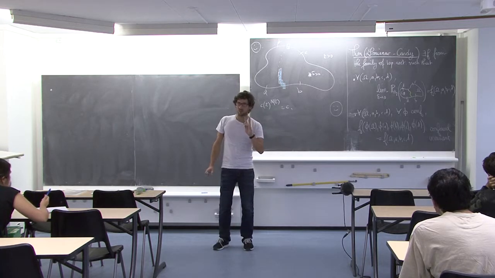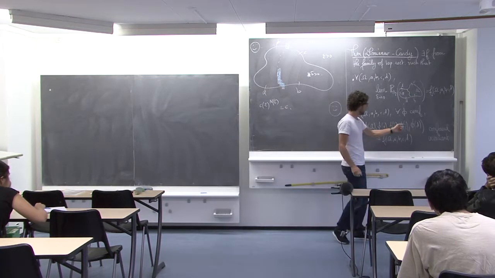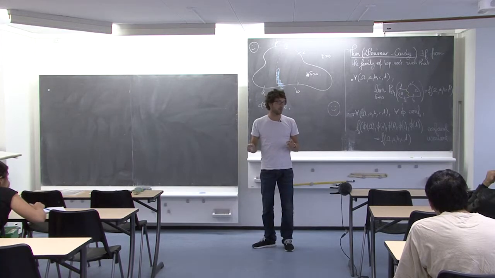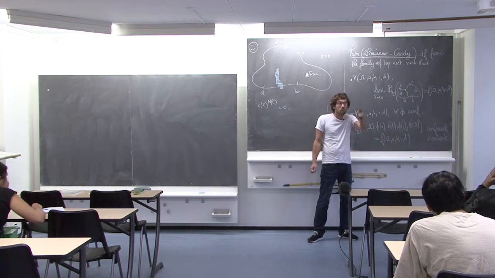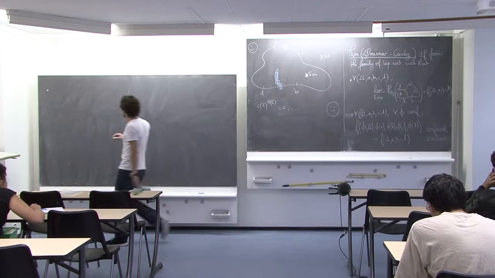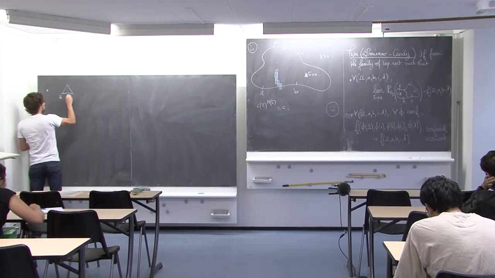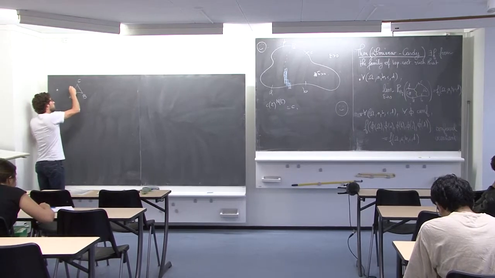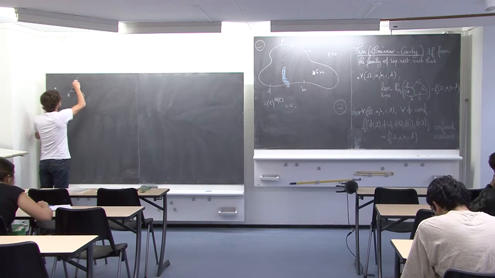Here I have 4 points, so I don't have the freedom for the fourth point. But I can always send A, B, and C of omega to an equilateral triangle. Then the last point, D, is going to be mapped to some point on the boundary of the triangle, with A, B, and C the images of A, B, C. But the last point is going to be around here. It's going to be D. So let's assume that here this is length 1.